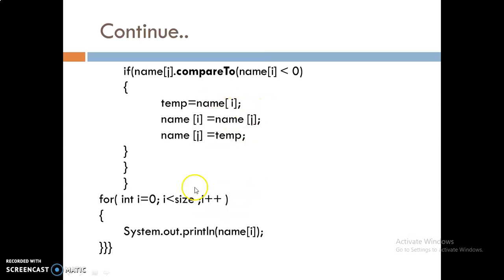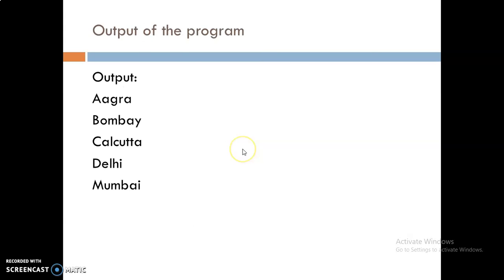This is how things will happen here. By using compareTo functions, the string values are exchanged, and finally we will get this output. Here the ASCII values of the first character are actually checked. ASCII values, I am emphasizing that word, by using the compareTo function.